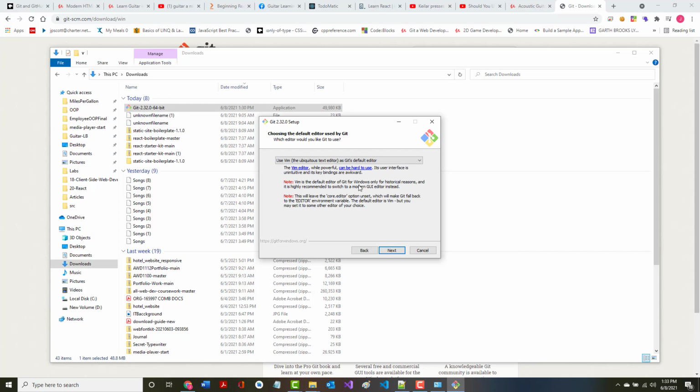This is a misnomer that's on here because it says, what do you want for your editor? Technically, we want VS Code, all right, which is in here, Visual Studio Code. But it doesn't matter what you pick, all right? I don't know why they've still got this in here, but don't worry about it. If you want to change it, change it. Otherwise, leave it the way it is. It really and truly won't matter. Next,